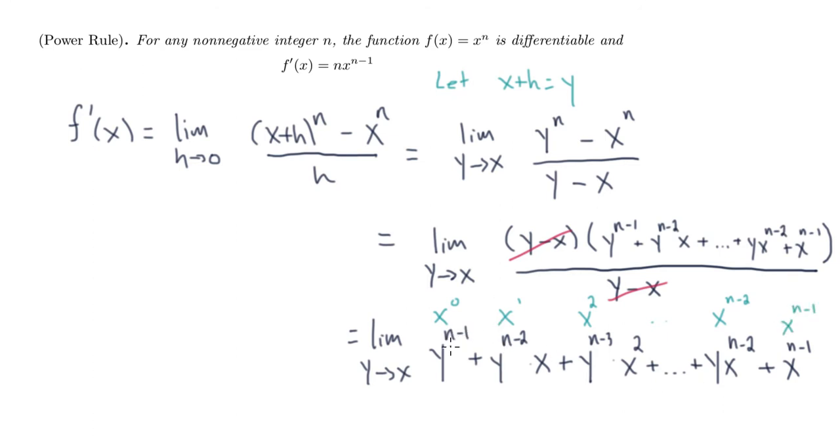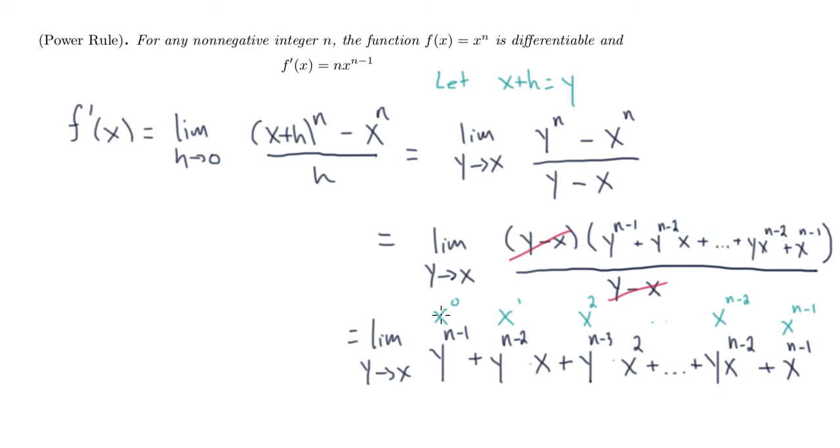So how many terms are there? Well, if we didn't have the x to the 0 term, this would literally just be counting 1, 2, 3, 4, 5, 6, all the way up, n minus 2, n minus 1. So there's n minus 1 terms not counting the x to the 0 term, but that means that there's